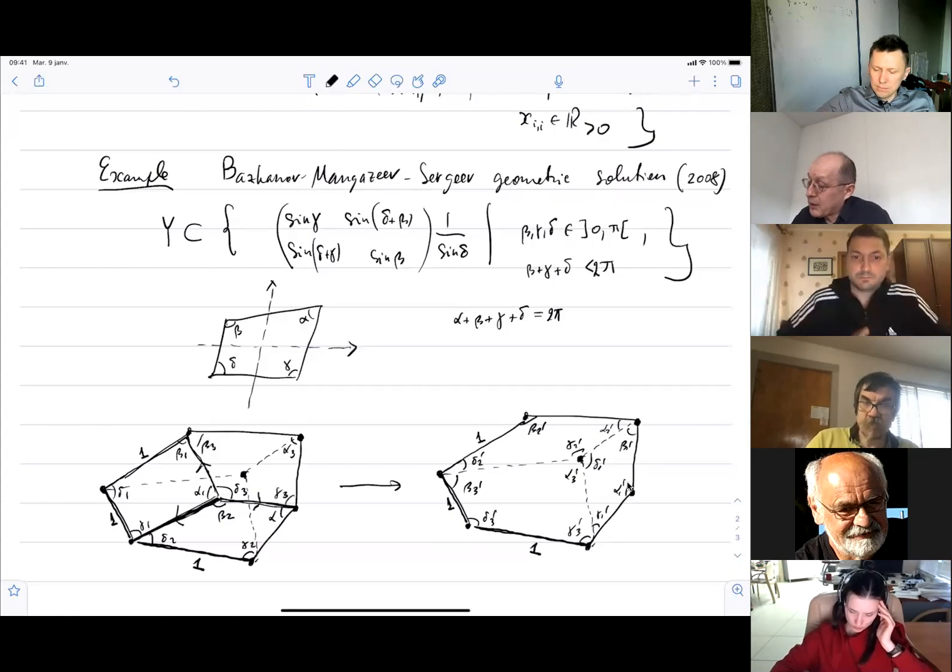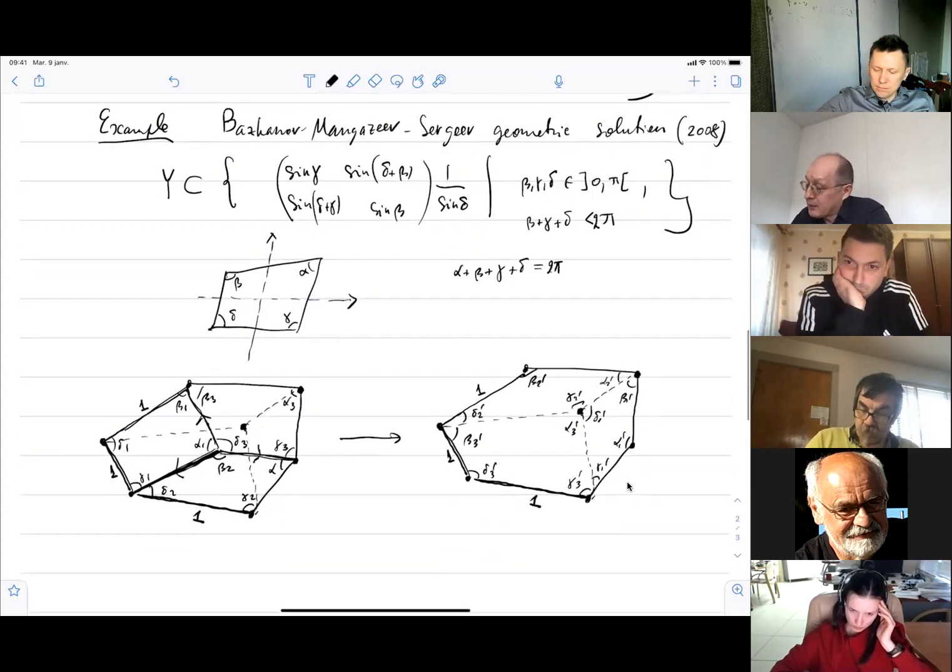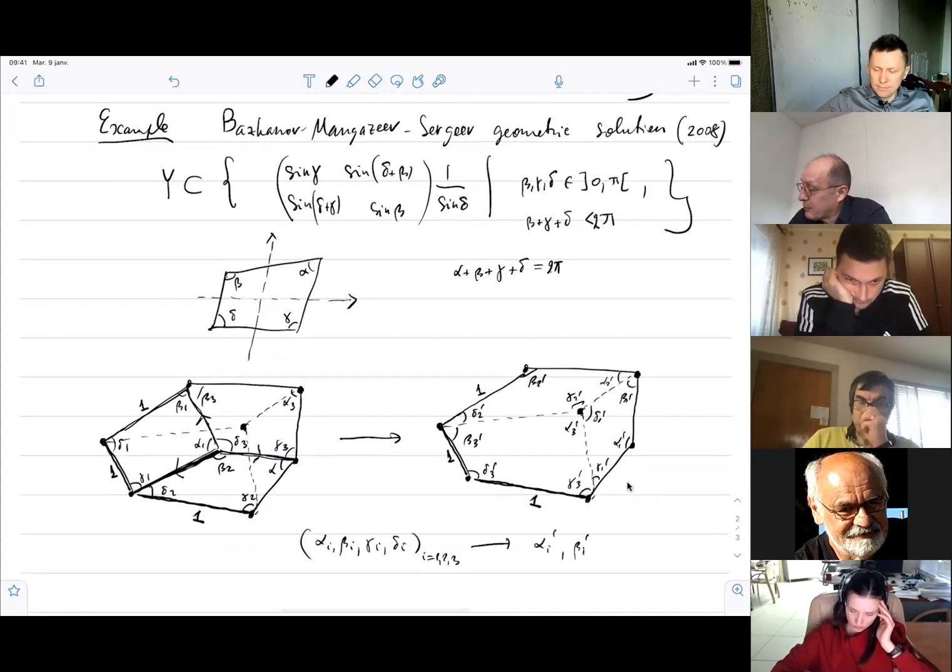So the remarkable fact is that the map from alpha i, beta i, gamma i, delta i, for i from 1 to 3, to alpha i prime, beta i prime, gamma i prime, delta i prime, for i from 1 to 3, solves